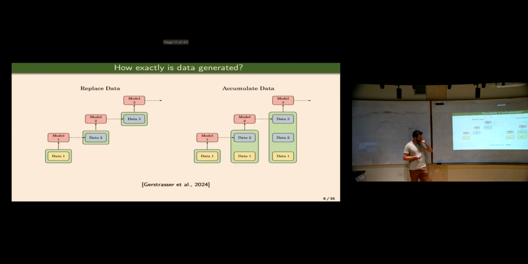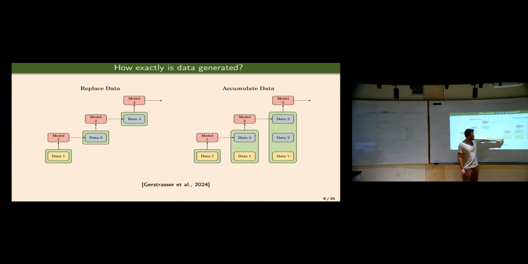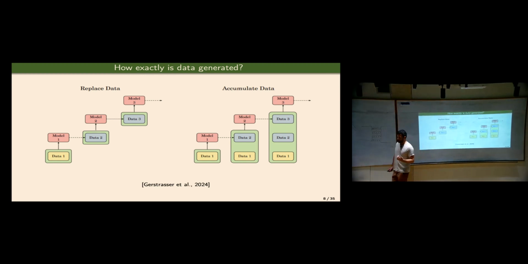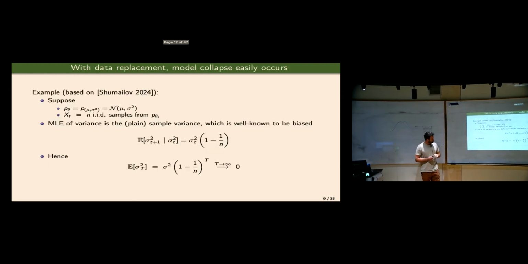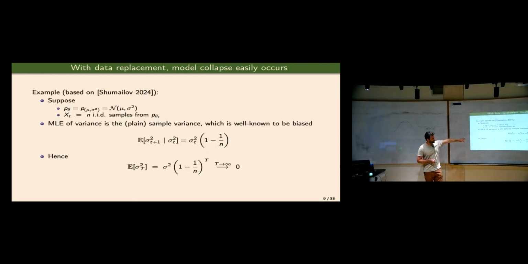Perfect. Okay, so as I said, there are a lot of different settings you can talk about when you're talking about model collapse, and they matter. The first papers talked about a setting where you're replacing the data at each iteration. So every time you have some data, you train a model, you generate some data, and you don't use the previous data at all. You can also talk about a setting where data accumulates slowly, where in each iteration, you combine your previous data set with this new synthetic data. And the difference is very big. With replacement, even very, very nice synthetic distributions can already suffer from model collapse very quickly.